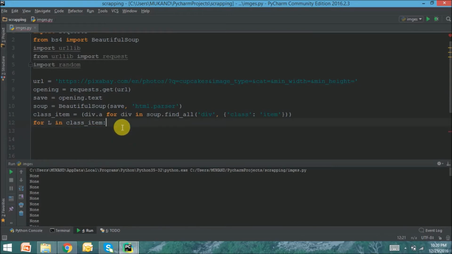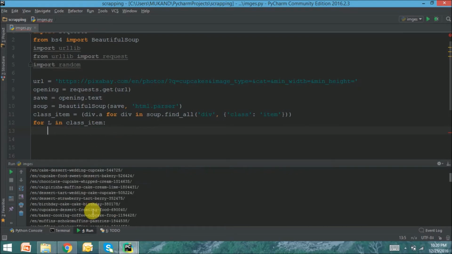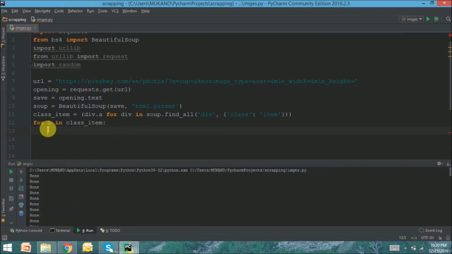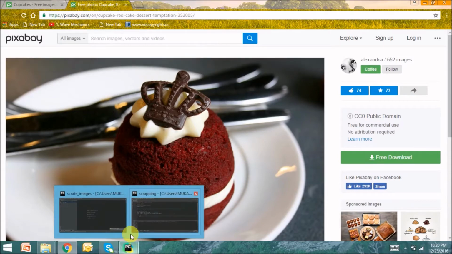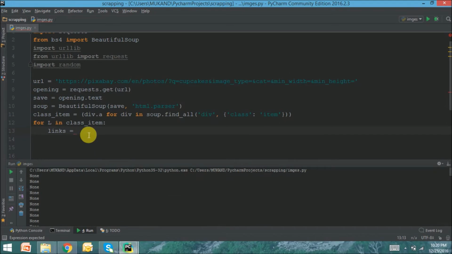What we need to do is save these links in a variable named links. As you know, the main website has this link attached to the Href. For that we need to do the same. So create a string and put this link right here